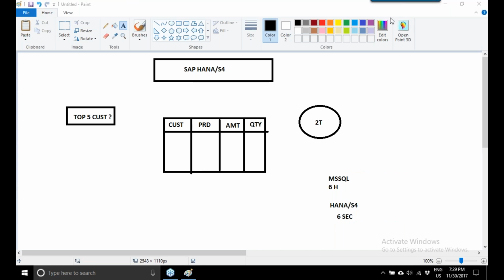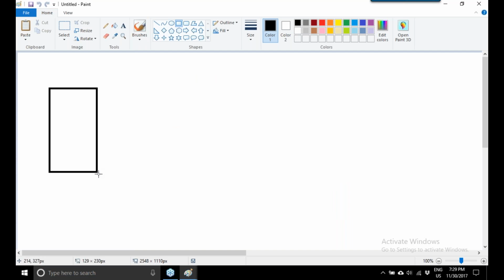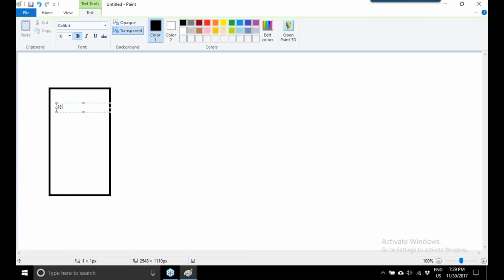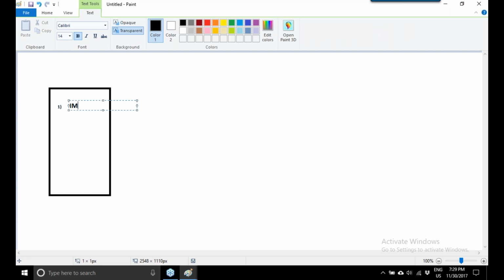Now the question here is, why is SAP HANA S4 HANA extremely high performance? What is the reason behind it? The reason is that SAP HANA S4 HANA is basically an in-memory DB, an in-memory application platform.